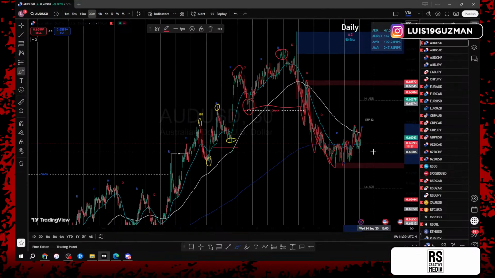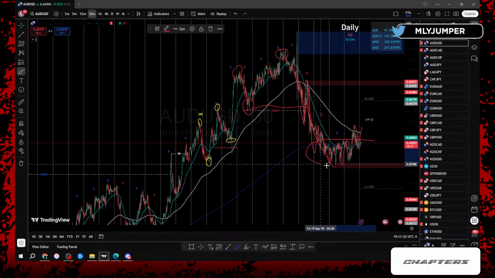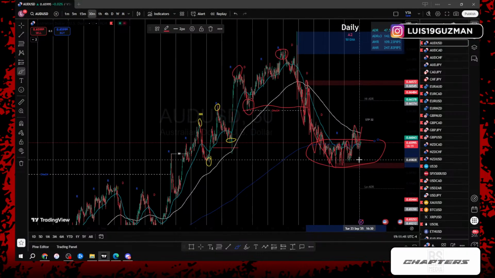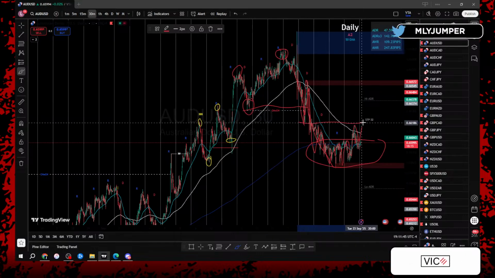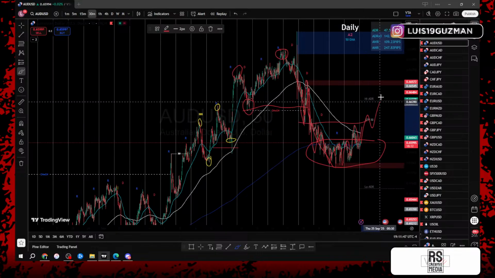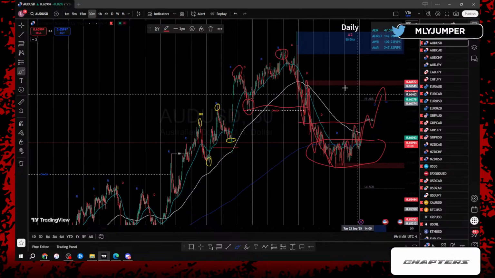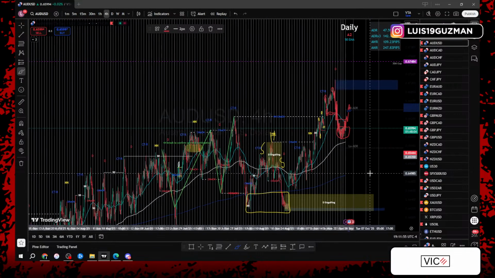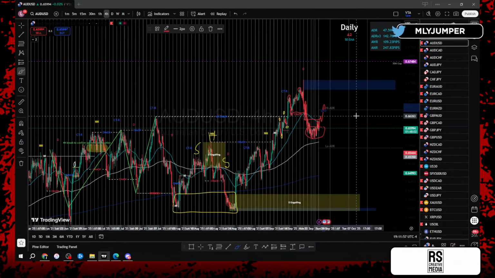Second reason I'm saying this, we have the 800 EMA. And the fact that price is respecting the 800 EMA and we're trending above the 800 again makes me believe this could just be the inducement, faking out all the traders going short to really take it higher. So want to be careful with that. The other reason why I'm saying that, if you go up to the higher time frame, what do we know happened?